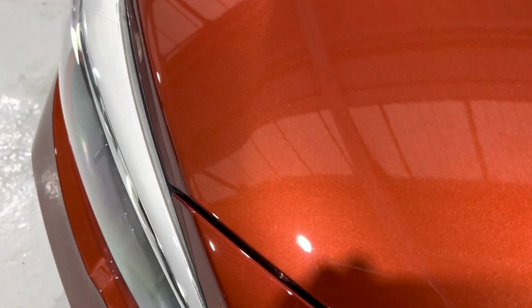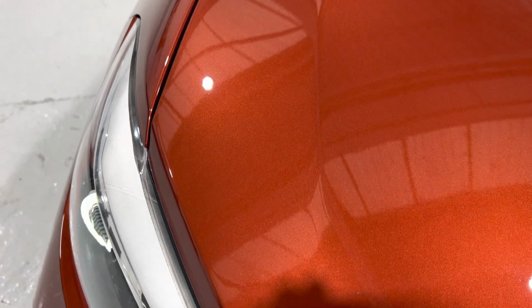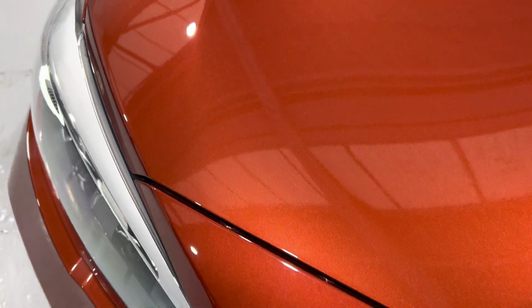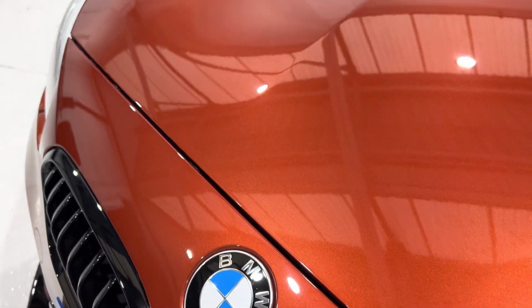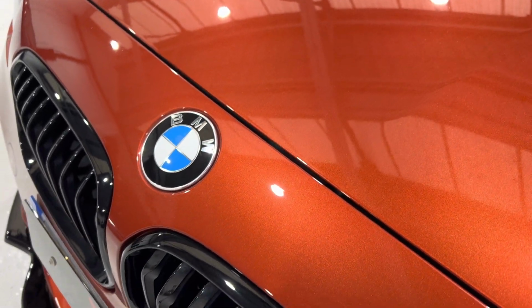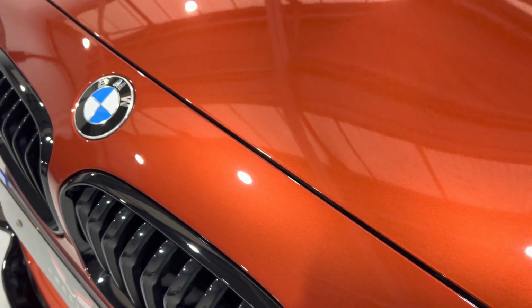there are a couple of very insignificant stone chips. They just catch the light as you move. They've all been touched in. I say all, there's only a few. Now if I come across the front edge of the bumper, bonnet and bumper, you can see just how nice it is. Just move back out. And there's one